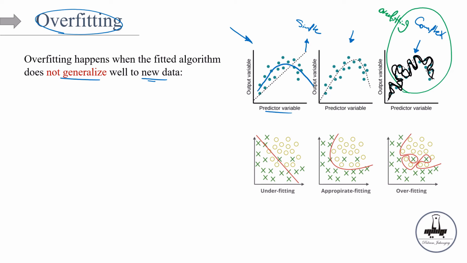Because look at that, we have x1, let's say, and x2, and these shapes, cross versus circle, is basically our y level, right? So our target variable is categorical. In this case, two classes, a green cross, and let's say these are brownish circles, right? Now again, these red lines are our classifiers. We're going to talk about different classification models and regression models down the road, but the visualization should be